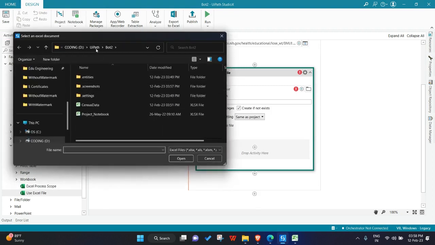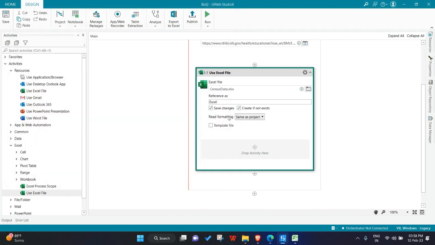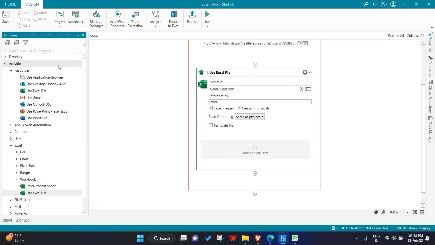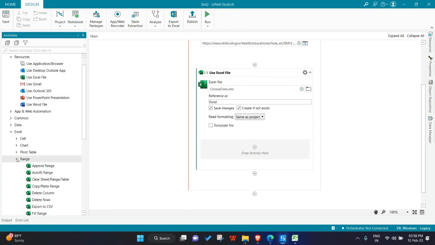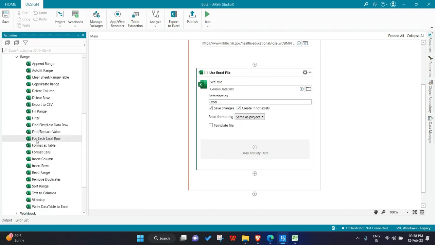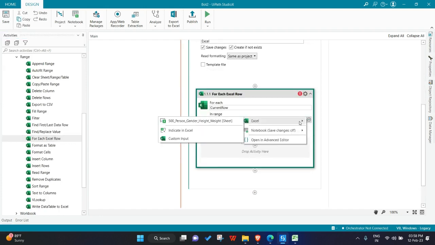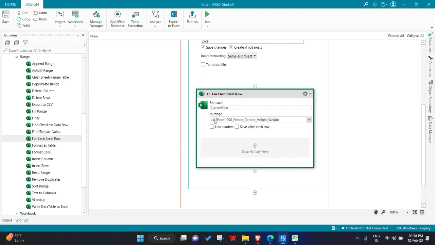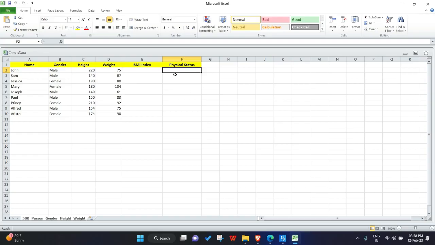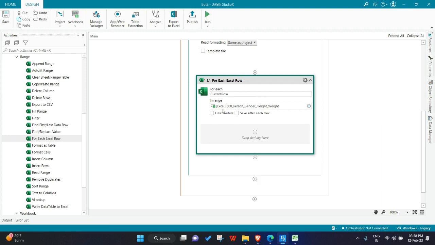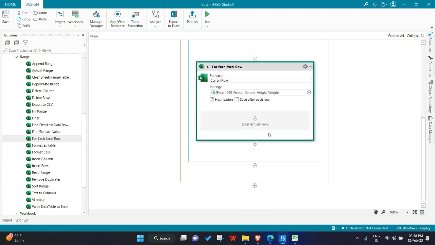and I have stored the census data. I have stored the sample census data in my bot directory itself. So it will be stored as Excel, and we have to traverse each row, right? So we have to use a for each Excel row activity. As you can see that the spreadsheet has headers, we have to mention it as headers. And then we got the current row here, and then